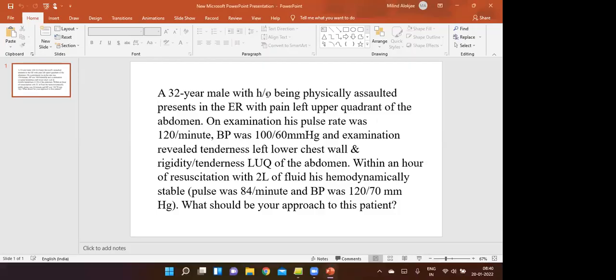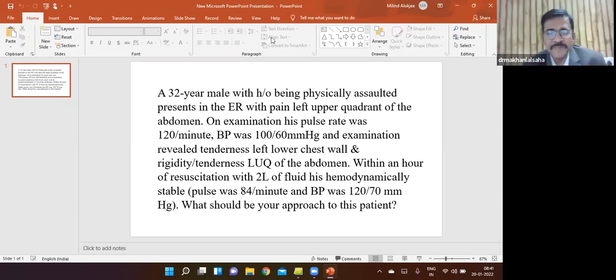Excellent discussion. In relation to the splenic injury, some common terms like lucid interval should also be remembered. And during clinical examination, you also ask whether there is any history of hematuria, because associated renal injury is not so uncommon. In 2 to 5% of cases, there will be associated renal injury. Excellent question answering session. Any question from any of the participants?